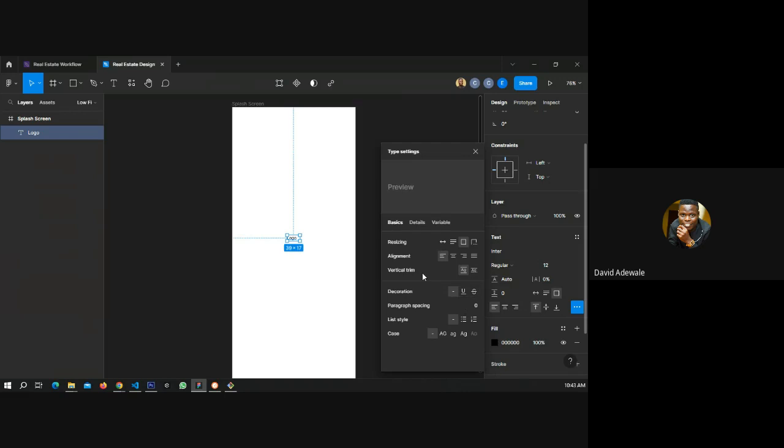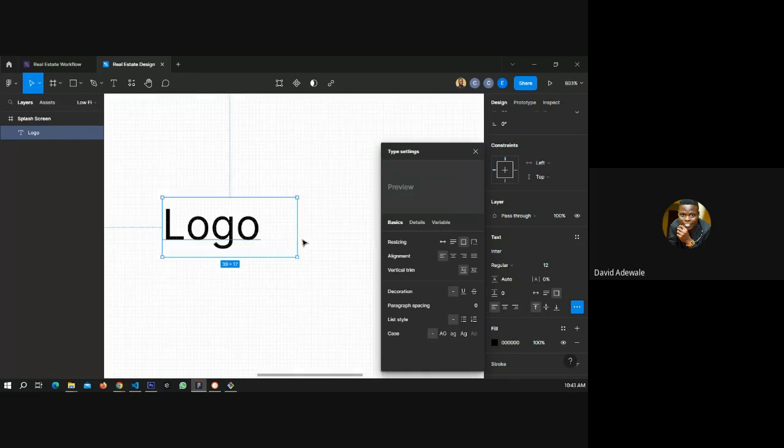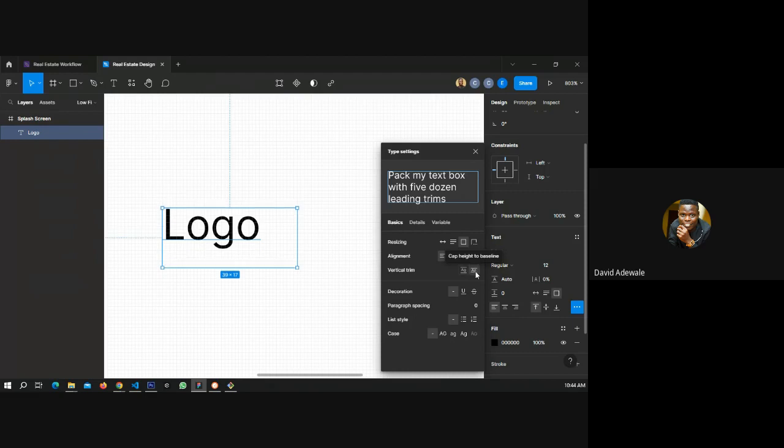Yeah, vertical trim. This is what I was talking about yesterday when I was talking about the new update on Figma. Let me just tell you this real quick so that I will not forget. So the new update in Figma is vertical trim. So you can see the extra spacing on this text here. We have this frame, this text frame here, and then there are spaces here. So I can come down here and say the trim is going to cap the text for me. And then I want it to be on the center here.